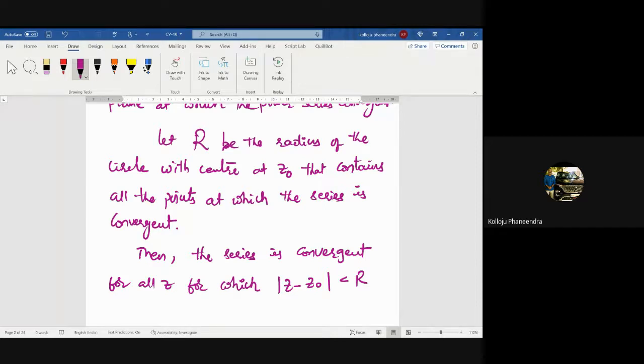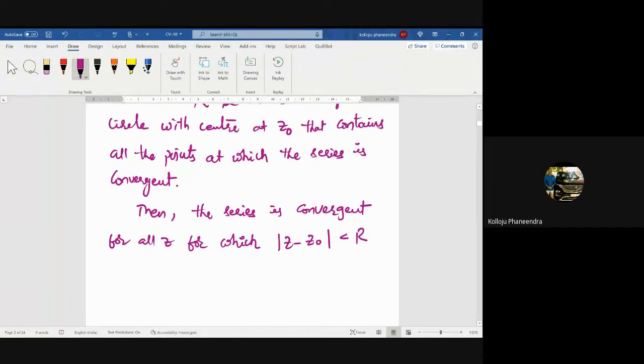It is a circle. Now mod z minus z0 less than R means what? It is also a circle with center at z0 with radius less than R. Okay, the series is convergent. See, the series is convergent in this region